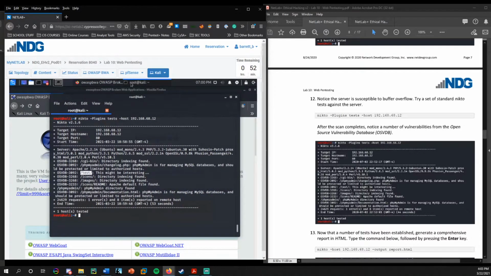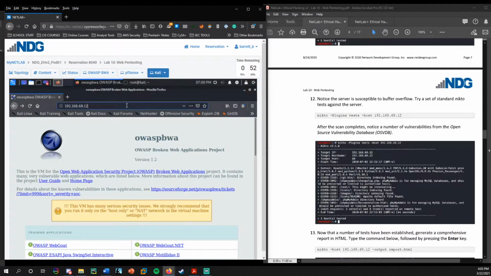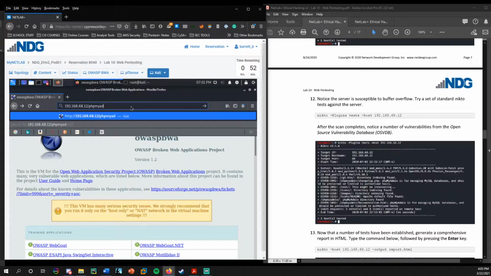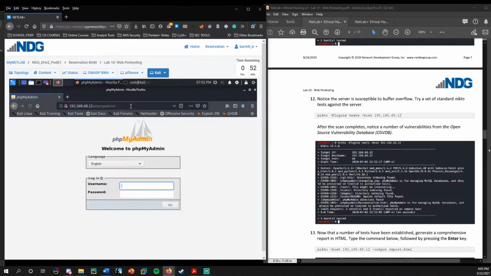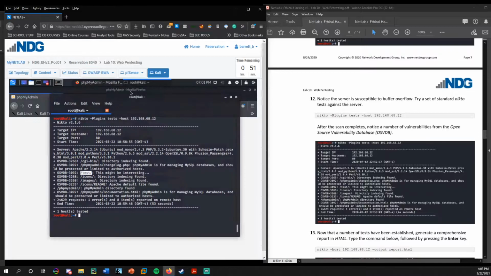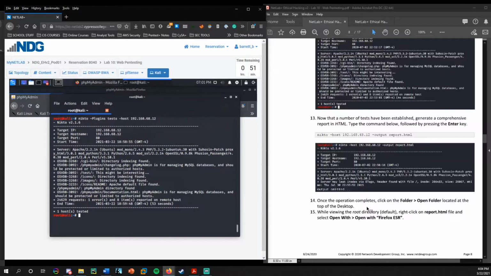And let's take a look at this phpMyAdmin. And now we have the administrator login page. So, this is something we could potentially do a brute force attack on and attempt to get the login credentials. All right. And then finally,